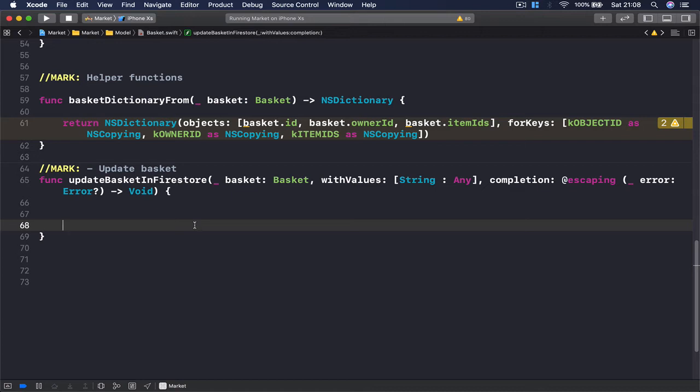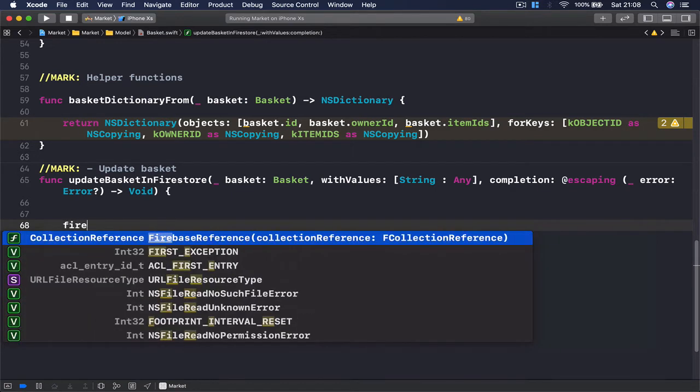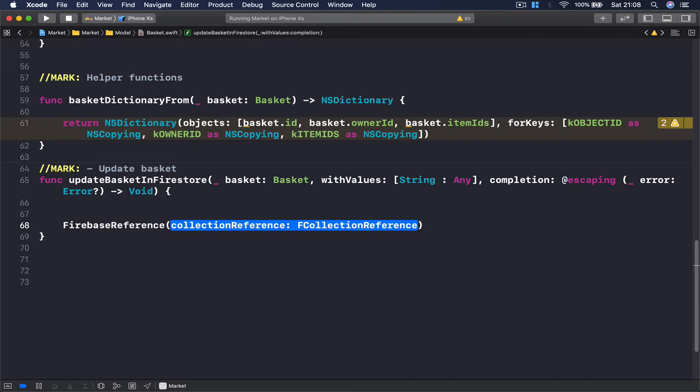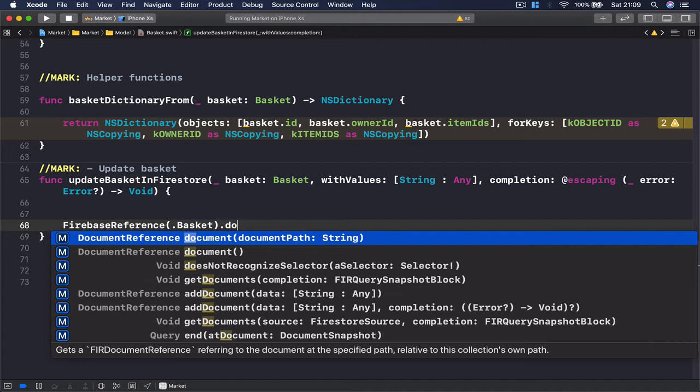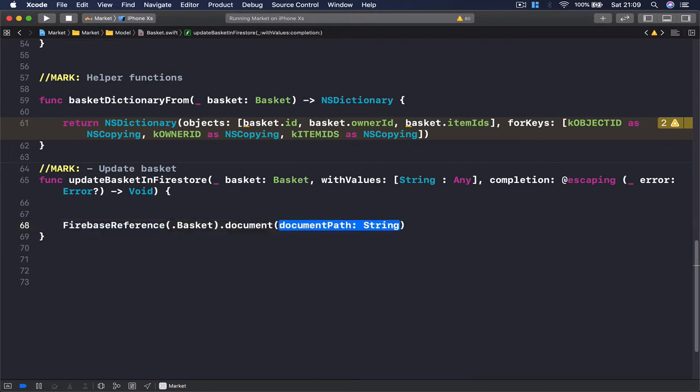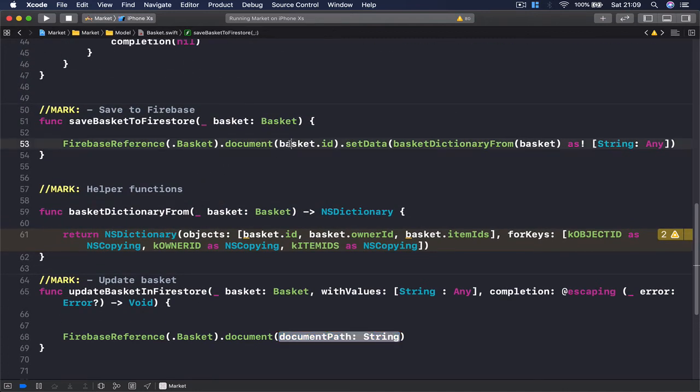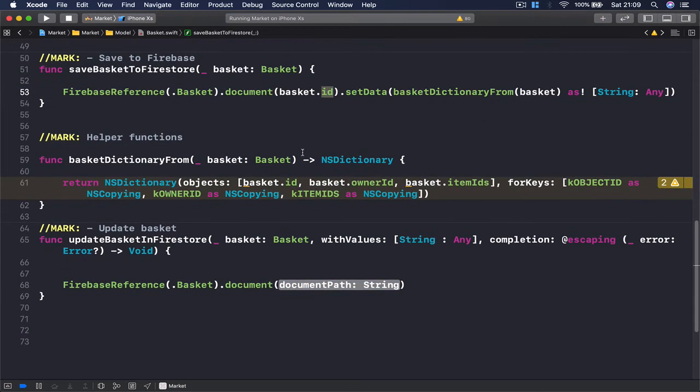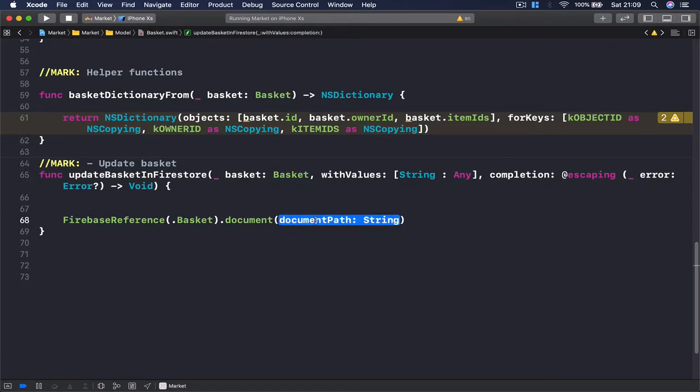So what we are going to do is to access our Firebase reference. And again, we need to access our basket. This is what we want to update. Then we want to grab the document with the specific ID that we want to update, because remember in our save function, we are creating for each basket ID a document, like a folder. So when we come here, we want to grab the exact specific basket that belongs to our user. That's why we are providing our basket ID here. So I'll say basket.id,